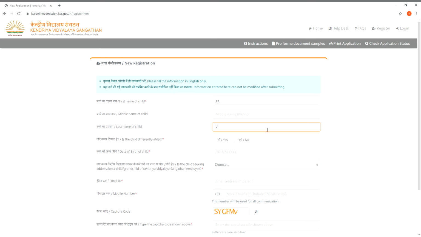Then select Yes if the child is differently abled, else select No. Then select the date of birth of the child as per the birth certificate. The minimum birth year accepted for class 1 is 2014 and the maximum is 2016.